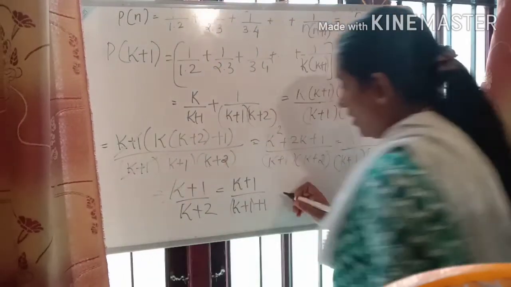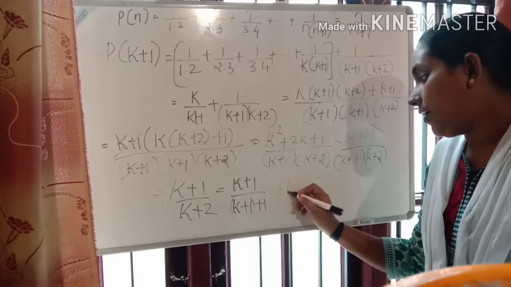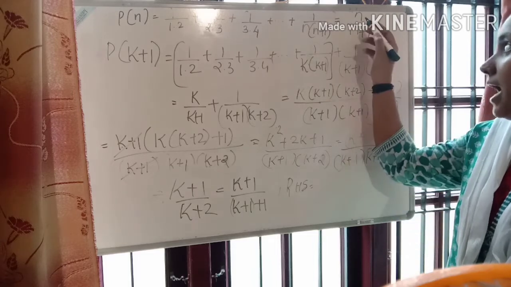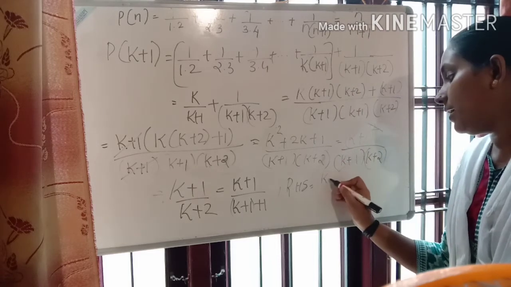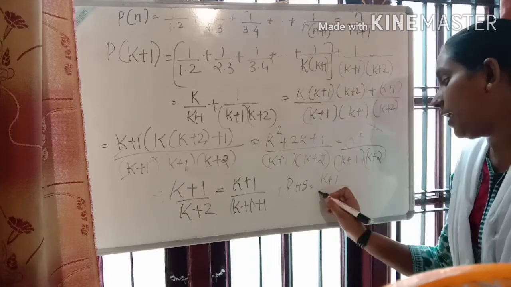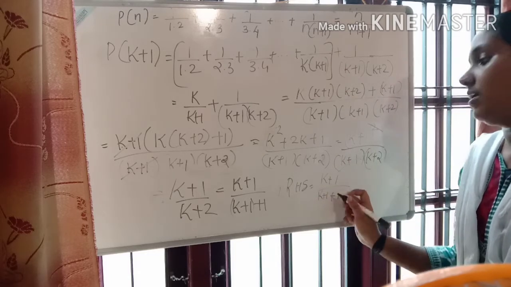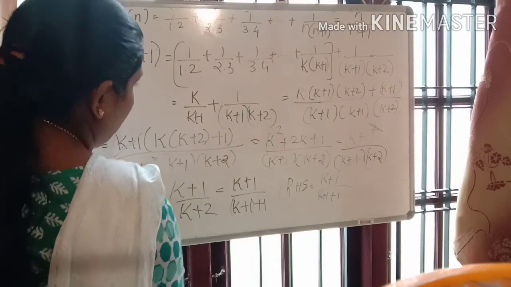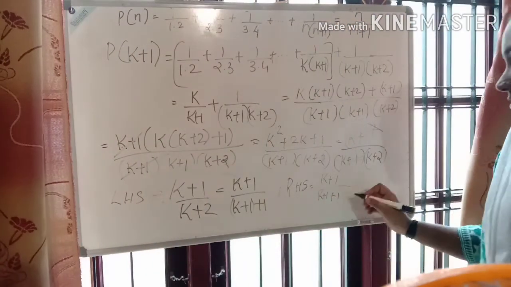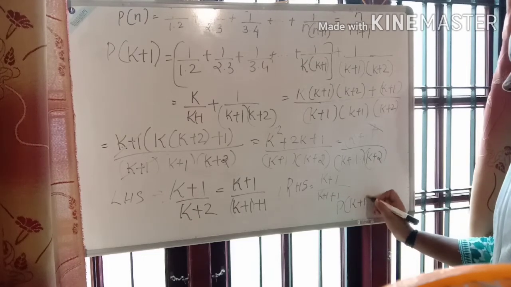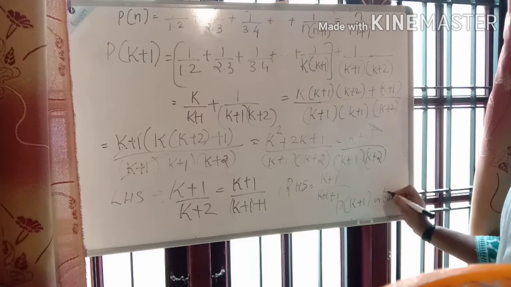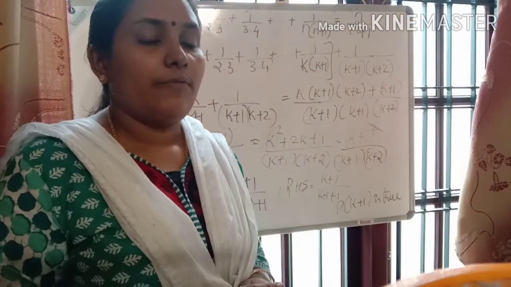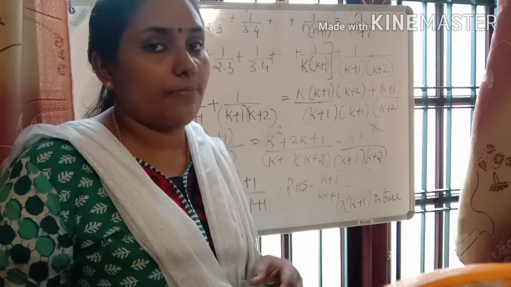Okay, is it clear? Is it the same as the RHS value? Just check whether this LHS is equal to RHS. Here we have the RHS as n by n plus 1. Just apply k plus 1 on n. So n means k plus 1, divided by k plus 1 plus 1. Is it the same as the LHS of this equation? Yes, this is equal to RHS. So here P of k plus 1 is true. All clear? This is a simple chapter. You can easily grasp the methods of this chapter.